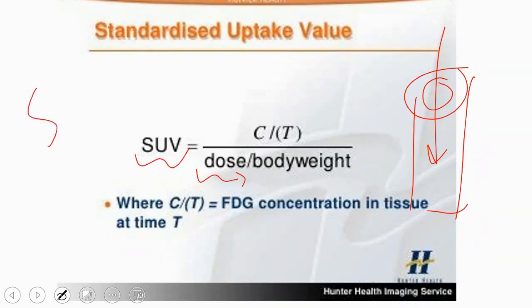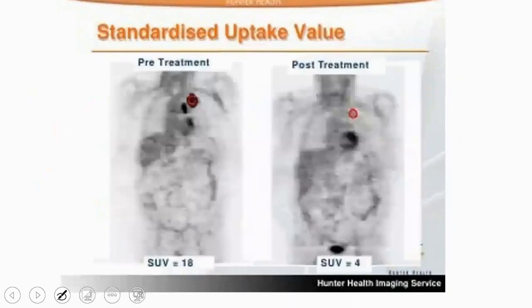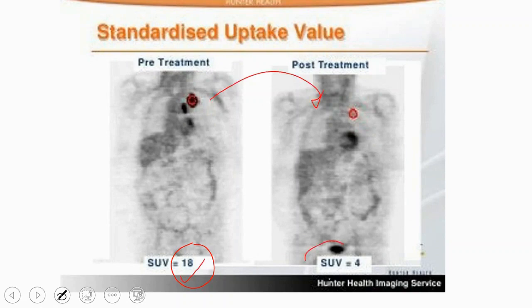Because your SUV is done, you have a patient before the treatment, and the patient before the treatment has decreased. Your SUV is checked. Before the treatment, for example, it was high. After the treatment, I reached a point, so I say, by God, this happened, or there was an improvement in